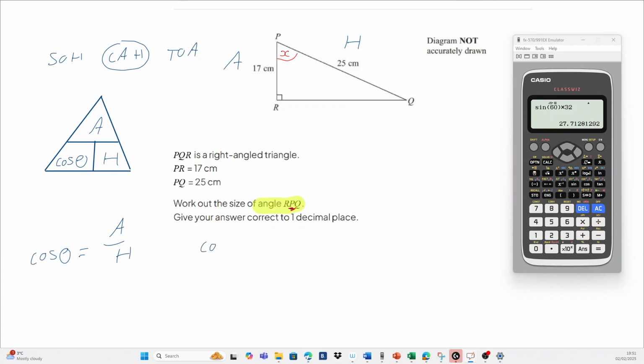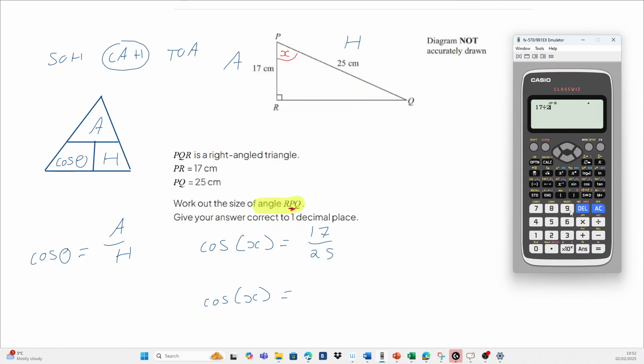So cos of the angle theta, well, the angle, I've called it X. So let's just put in X for this. It's going to be equal to the adjacent side, A is 17, so 17 over the hypotenuse, which is 25. So cos of the angle X is equal to 17